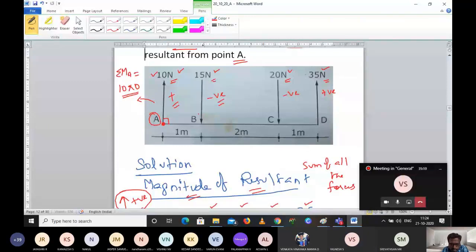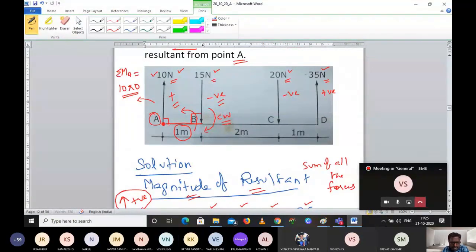Now you can tell me about B point, Vignesh. How much is the distance? 1 meter with respect to A. So when I am fixing the beam at A point, how will this force make the beam rotate? AD is the beam. The force is acting here. So I am fixing at point A. How will this 15 Newton make this beam rotate? Whether it will rotate clockwise or counterclockwise. Clockwise, very good. Any doubt, Vignesh here? No, sir.